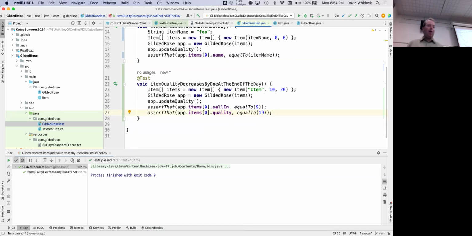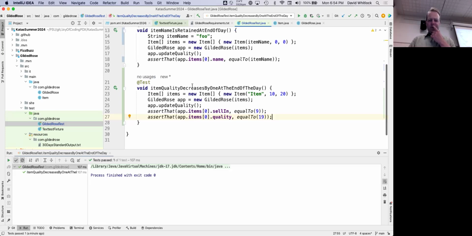And right now, I'm flying without a net. I don't have any unit tests to tell me whether or not I've broken anything. This code is complex enough and likely fragile enough, and I'm ignorant enough, that it's very likely I'm going to get something wrong. So I want to have a safety net of a bunch of automated tests to make sure that I haven't broken anything. So, okay, that was the first one.